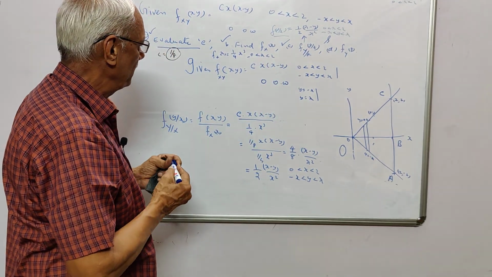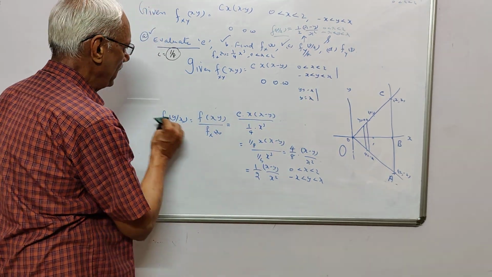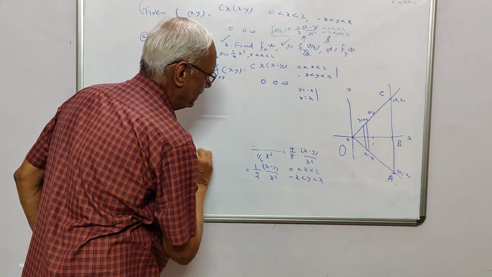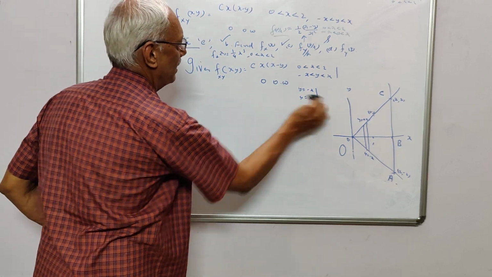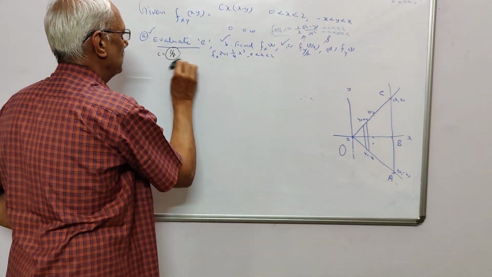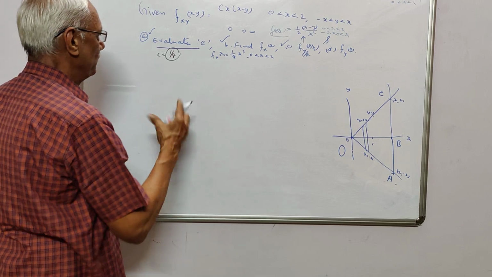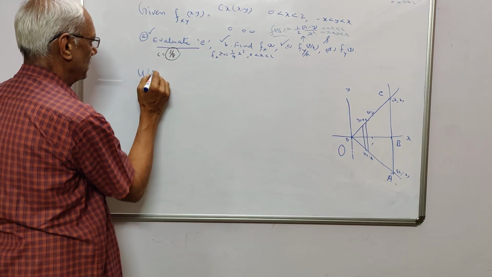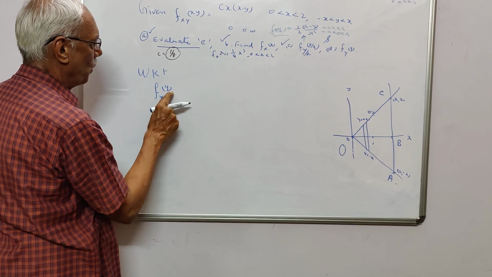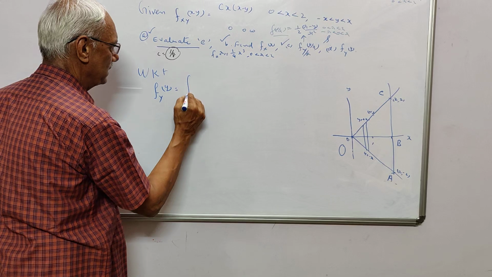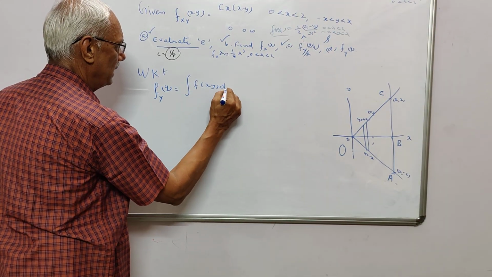Now let me come to the next one, the final one, which is the marginal density function of y. Now what is that? We know that, I have taught you that, so I will put everything here. So I will rub off this also. Now, we know that the marginal density function of y is given by the integral of f of xy into